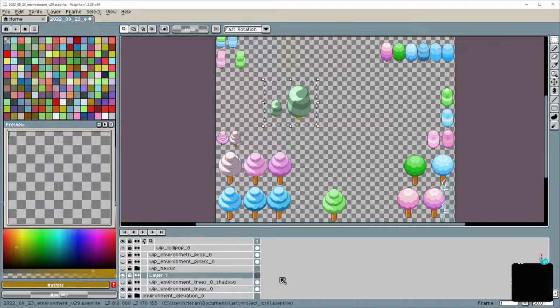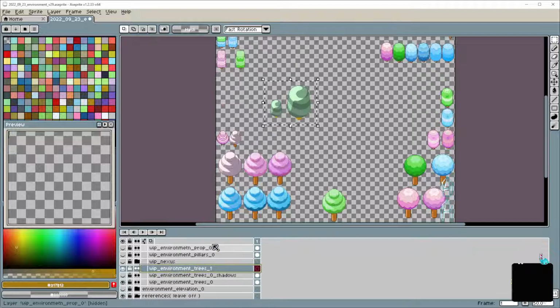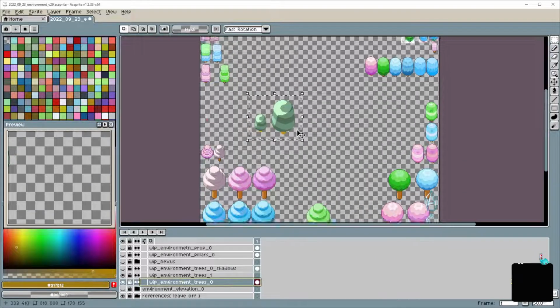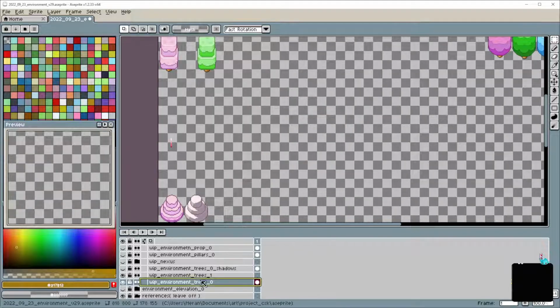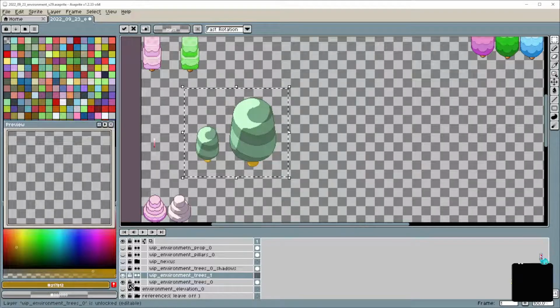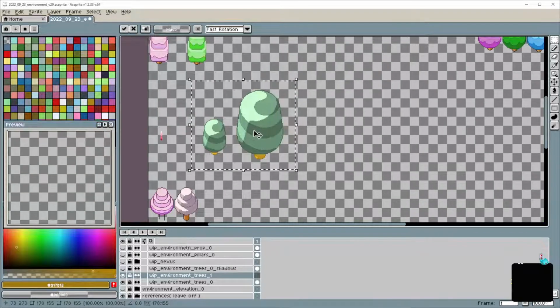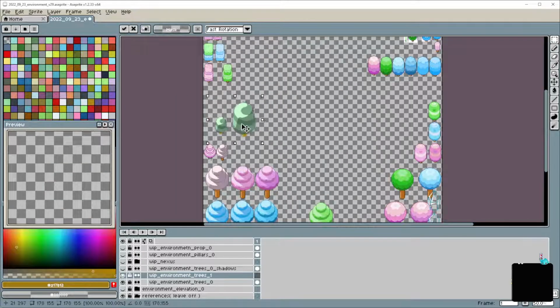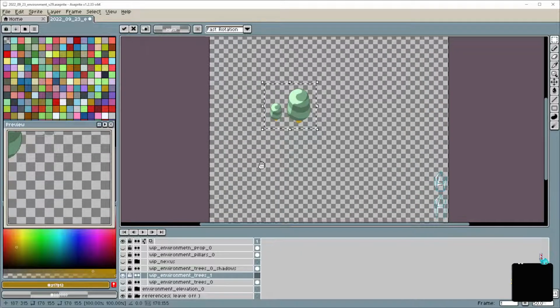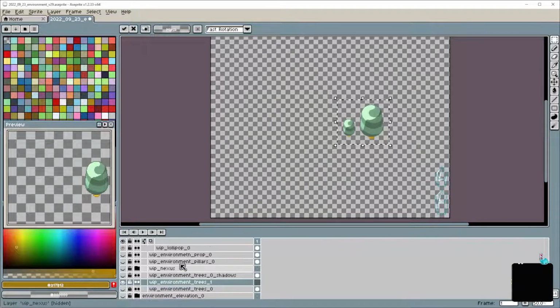New layer. Okay. And then we will copy that, or cut that, should I say, and paste it in here. And then we can just kind of lock the other layer so I don't accidentally select it. But okay, so this is what we're going to be working with. I could probably actually move this so it's kind of out of the way. So what we want is, why is that still up?